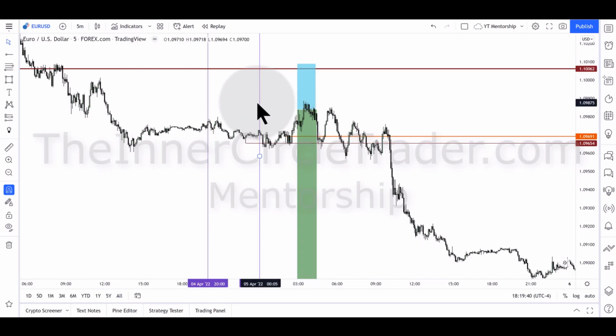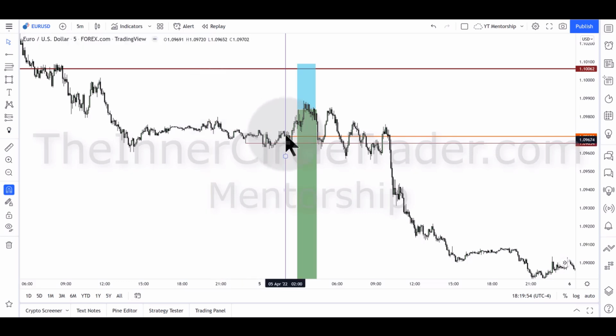At 2 o'clock in the morning, right there, your order cannot go in to sell on a stop until after 2 o'clock in the morning. So after 2 o'clock in the morning, you're looking for the market to create a short-term rally, which we're getting here. So once it starts to rally and it trades above the Asian range high over here, once that occurs,